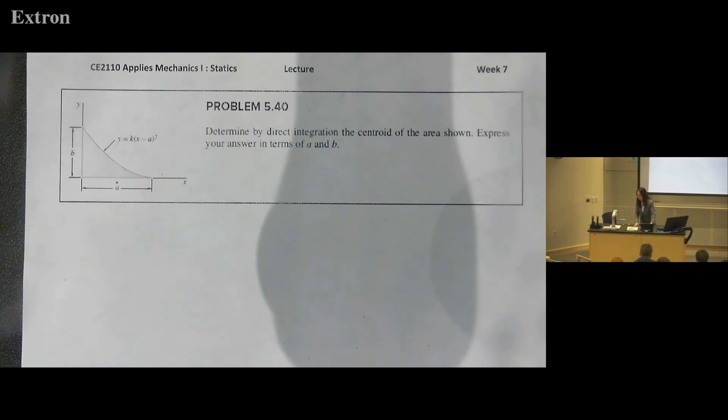Sorry about the blurry printing. And then